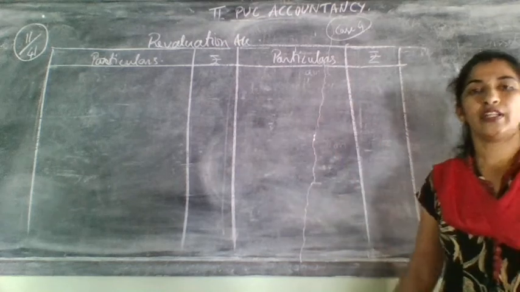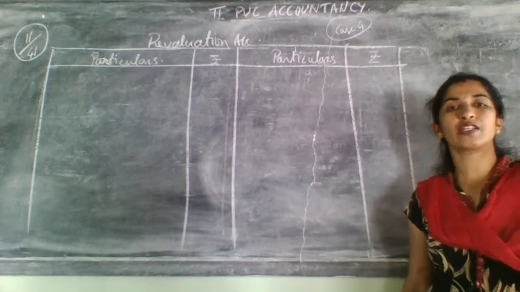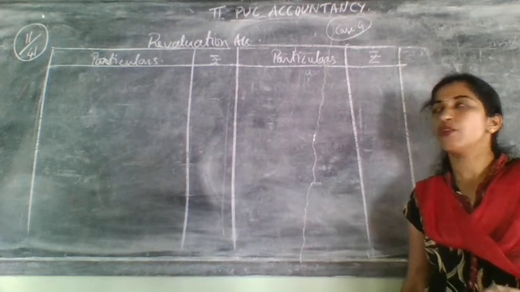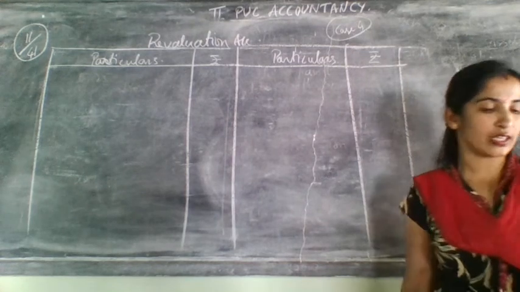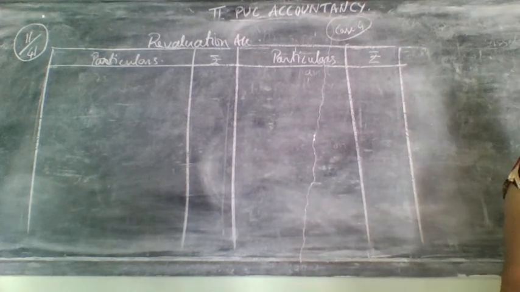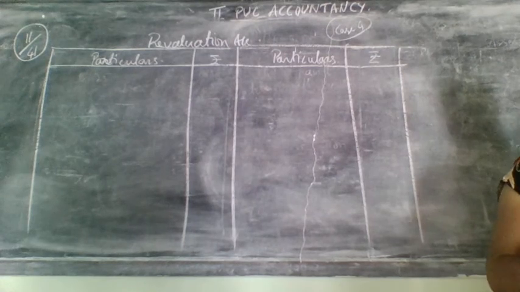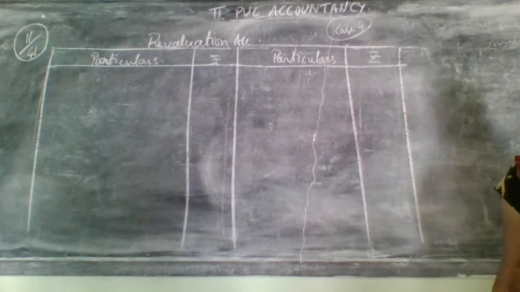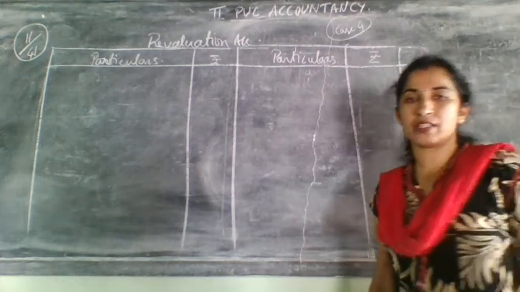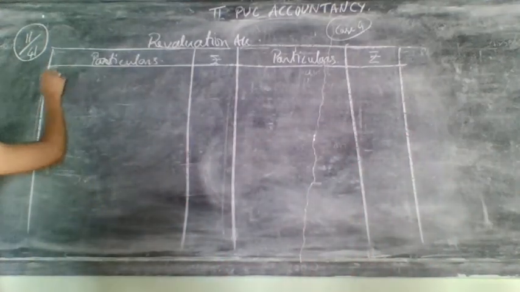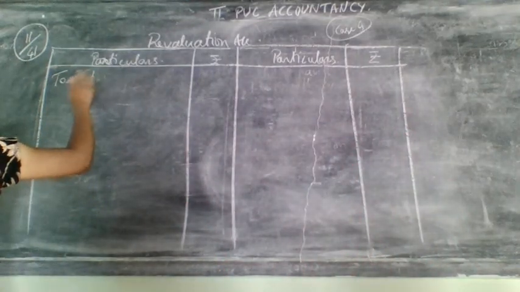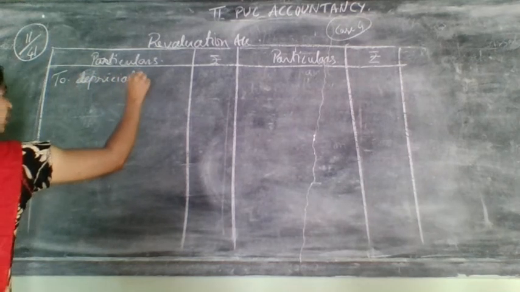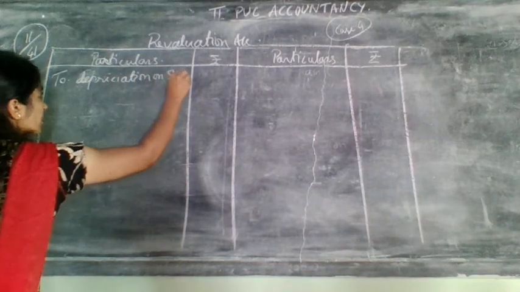Need to open the revaluation account now, but the revaluation account has only two adjustments. In these adjustments they have given two parts, one related to one asset and one more related to another asset. The first two will come in the partners' capital account, so they will not come here. Next we will start from adjustment C. Reduce stock by 10%. Reduce is nothing but depreciation. So what do you need to write? To depreciation on stock.